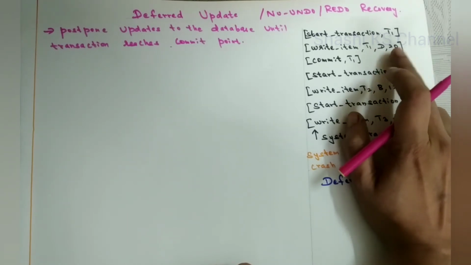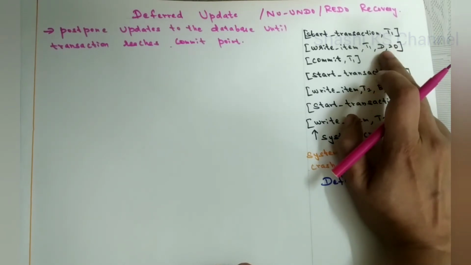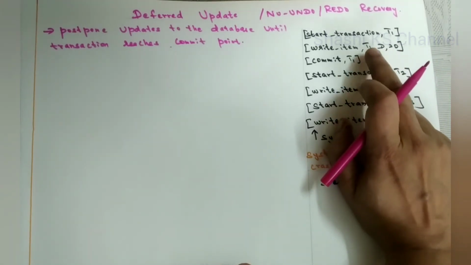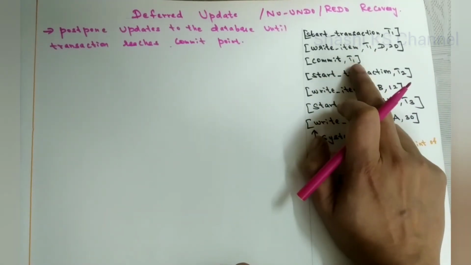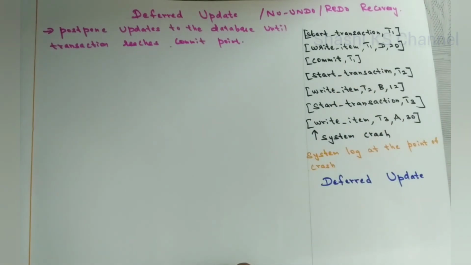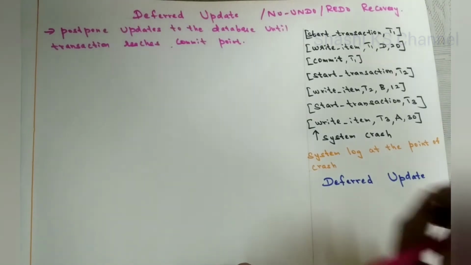entry. And so here 20 means the updated value of data item D, and it is updated by the transaction T1 by the write item operation. And then commit, comma, T1, which means this is a log entry which shows that transaction T1 has reached its commit point. Okay. And then